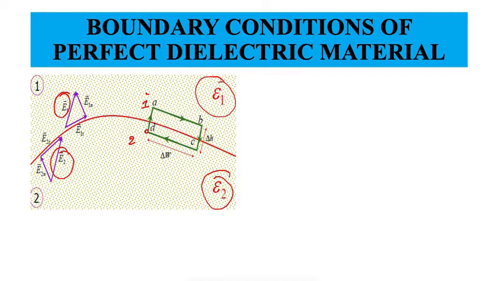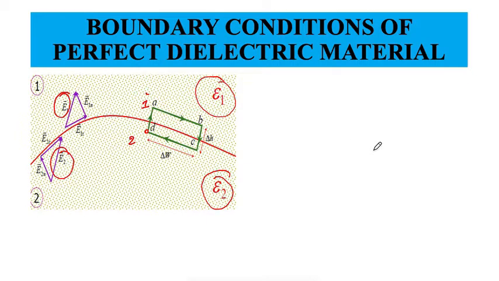Also, I have not specified what field I am considering. These two are the electric field that I am considering. So I call this E1 and this one E2, and these can't be equal. If they are equal, then there is essentially no medium in between, because if both materials are of the same permittivity, obviously there is no medium then. So you can't have E1 equal to E2. The relationship needs to be defined.